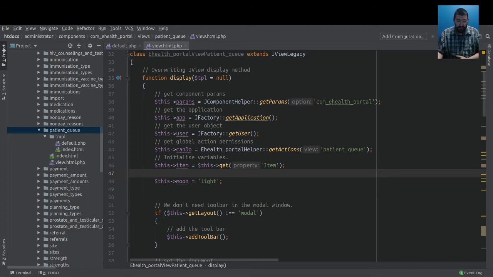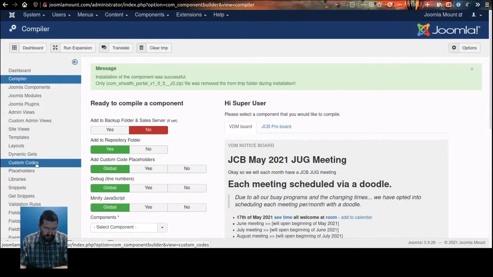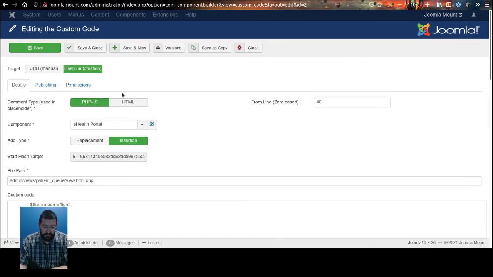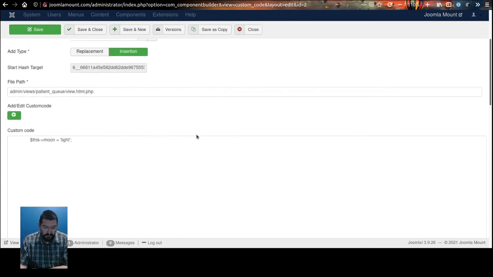Now, just to show you what happened in JCB, which is also actually quite smart, going back to the GUI again, we have an area called custom codes. I'm going to open that. And you'll see that it now has this eHealth portal and a path to the actual file that was changed. If we open that item, we'll see that now there's our code. That's the actual addition we made. So we could come in here and say,